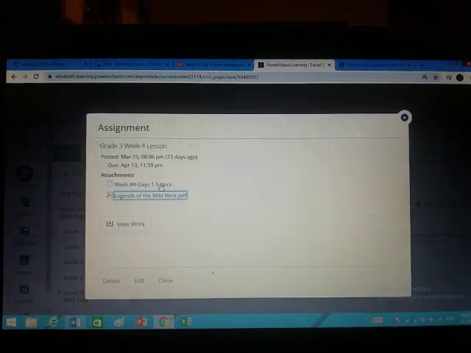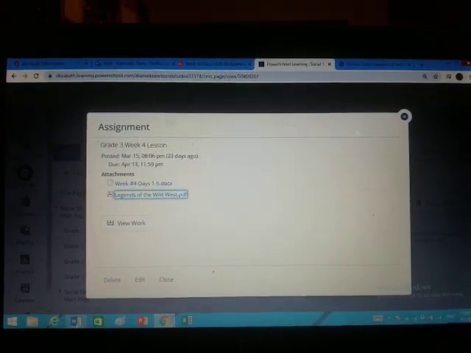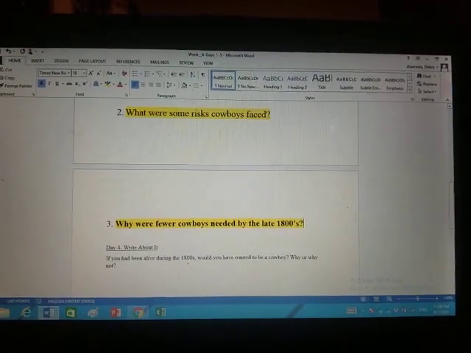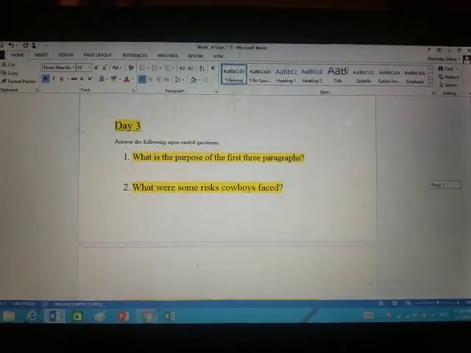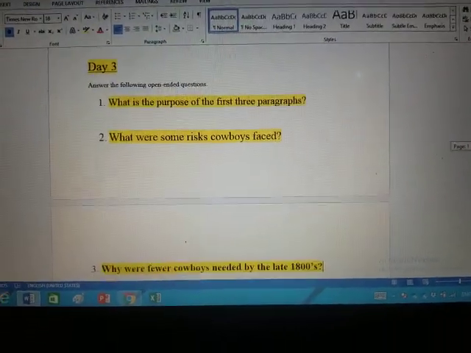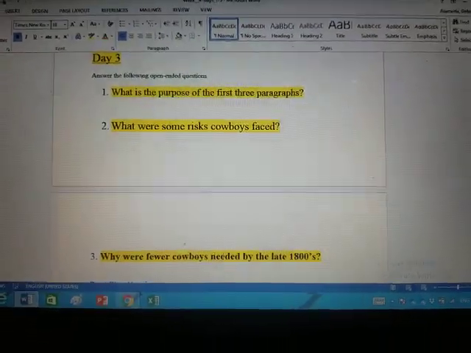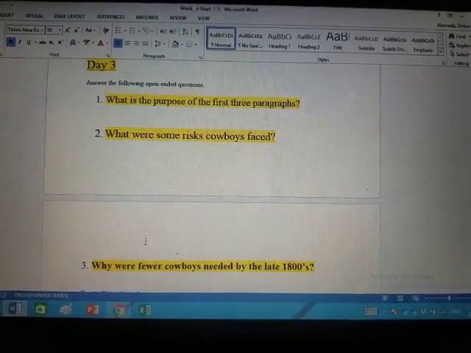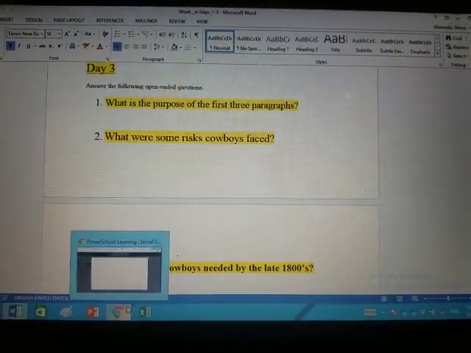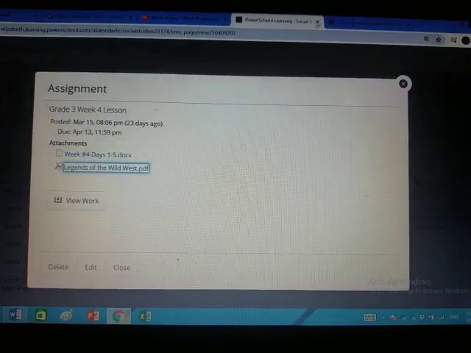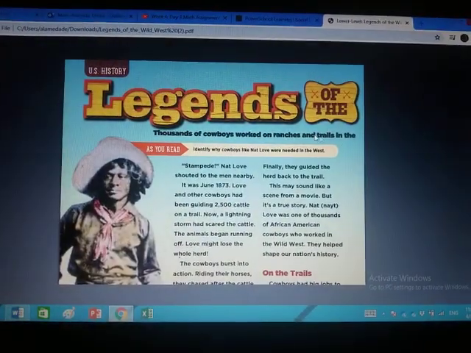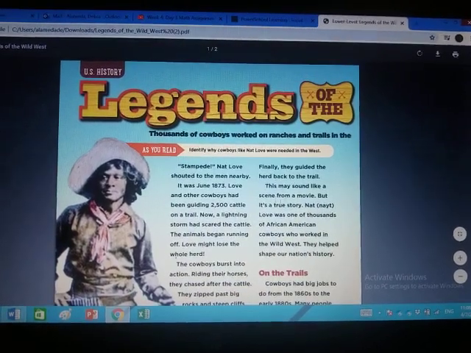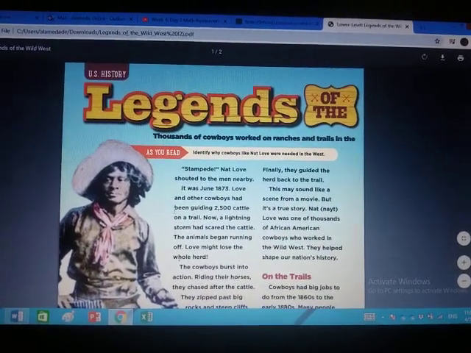So click on days 1 through 5. It will be brought up over here. And since it's day 3, I highlighted day 3 for you. And it's 3 questions, 3 easy questions. So I'm going to go over them real quick. Again, if you don't feel like reading the story all over again, I read the story yesterday and it's on YouTube. So you can always watch my video all over again and listen to the story and then answer your